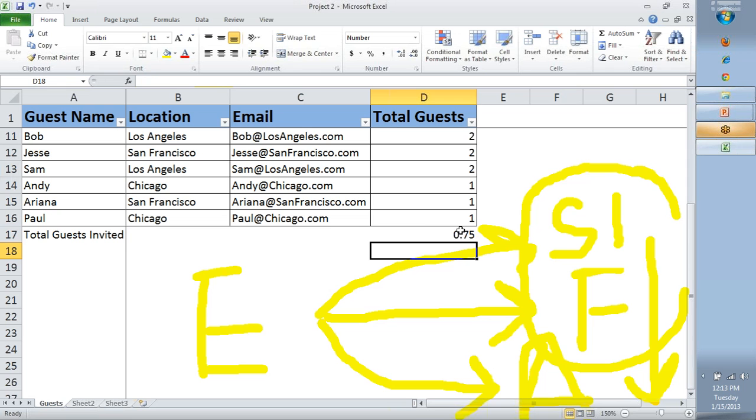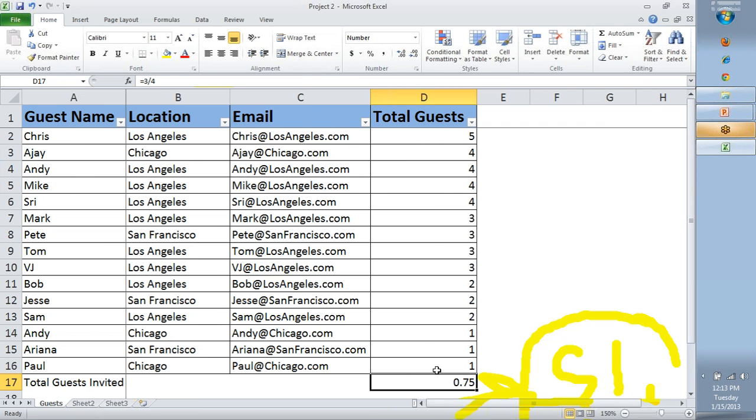So this is 3 by 4. Now, why am I showing you this? I am showing you this so that I can tell you how you can write formulas. So I want the sum of all the guests here. How do we do it? The way I do it is, you start your formula with an equal to and say this equals this. As soon as I click on that cell, it will show me D2, because that is the address of that specific cell in this Excel sheet. D2 plus, let's say, D3. Same column, D3 plus, let us say, D4 and so on